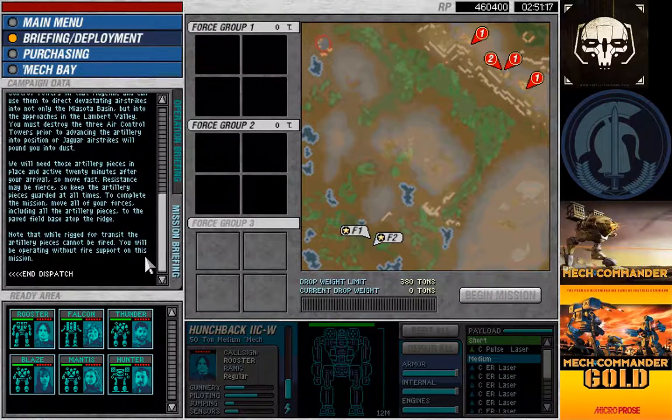We will need those artillery pieces in place and active 20 minutes after your arrival, so move fast. Resistance may be fierce, so keep the artillery pieces guarded at all times. To complete the mission, move all of your forces, including the artillery pieces, to the paved base on top of